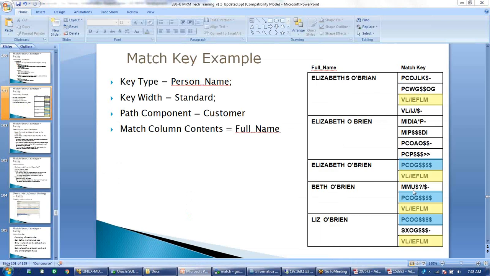For example, for the fourth record we have this MMU dollar. It is a possibility that in this one I have some value like MMUW. This time it gets generated as a similar thing. So for example, MMUW dollar, then some value.